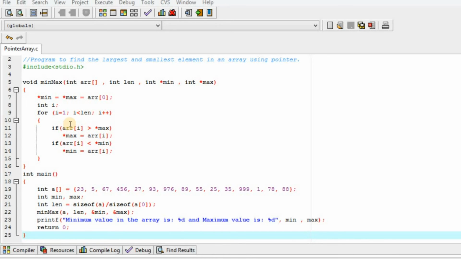Here, instead of dealing with the actual variables, we are dealing with pointers. But why are we doing this? We can see the actual declaration of the variables min and max is inside this main function, and we are trying to make changes to the min and max variables outside of this function.